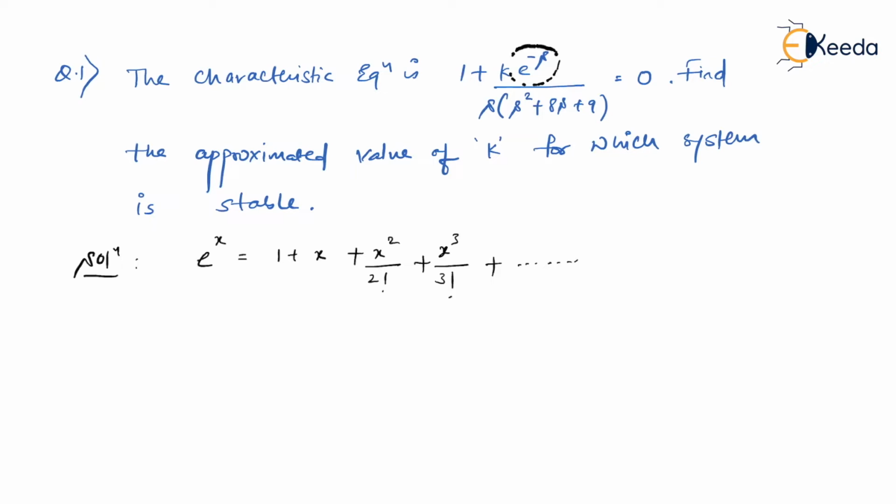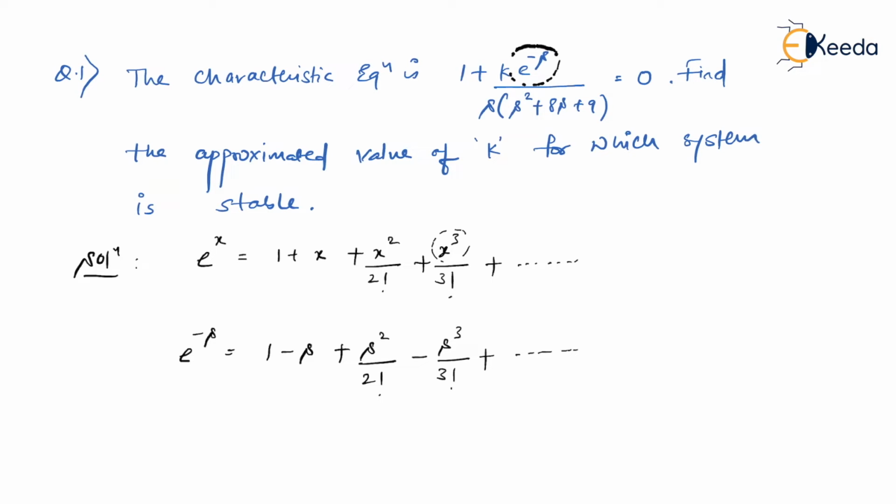Now we have to select only those terms which are the effective terms. For example, over here we don't have e to the power x, but what we have is e to the power minus s. So refer to the above series, and wherever there is x, replace it with minus s. So what we will have is 1 minus s plus x square, which is the square of minus s, so it becomes again positive s square upon 2 factorial. Then we have x cube, so it is minus s cube divided by 3 factorial, and again, as we know, this is a never ending series.